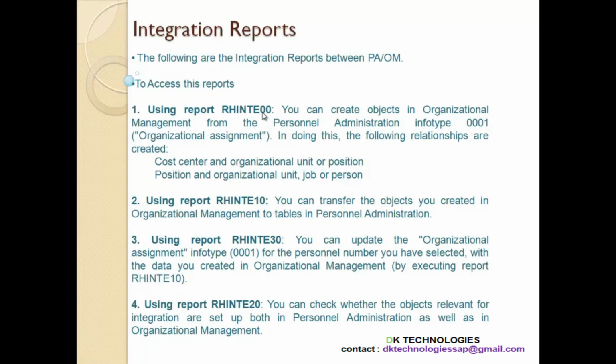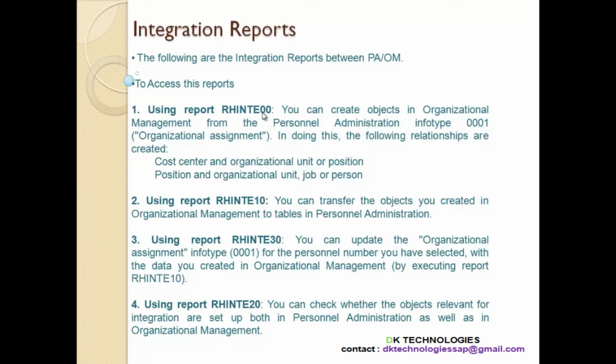Now when you want to transfer the data from OM to PA, the first report is RHINTE110. What does this report do? It will basically transfer the objects you created in OM to the tables in PA. So those tables will be updated in PA. This is the first step. Then you use the report RHINTE30. When you run this report, info type 1, which is 0001, organizational assignment, will be updated